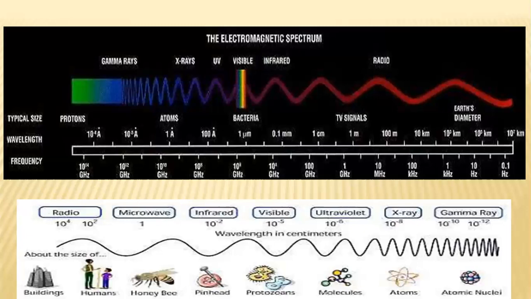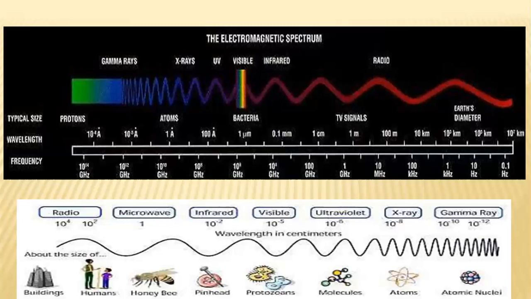And ultraviolet radiation, 10 to the power of -8 or -6 centimeters. That is molecular dimensions, which can be identified in the microscope itself. And X-rays, that is 10 to the power of -8, an atomic range, which will be confined or varying with respect to the nucleus, that is around the nucleus.